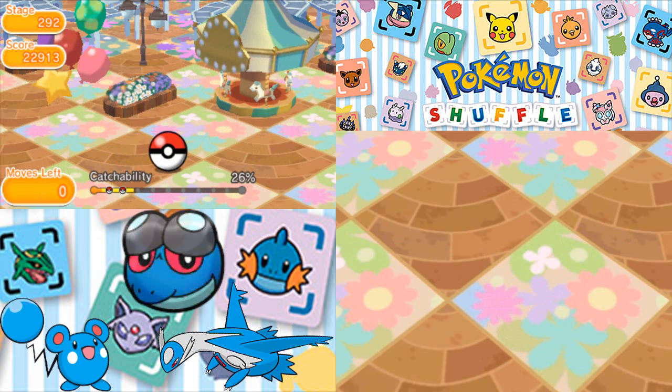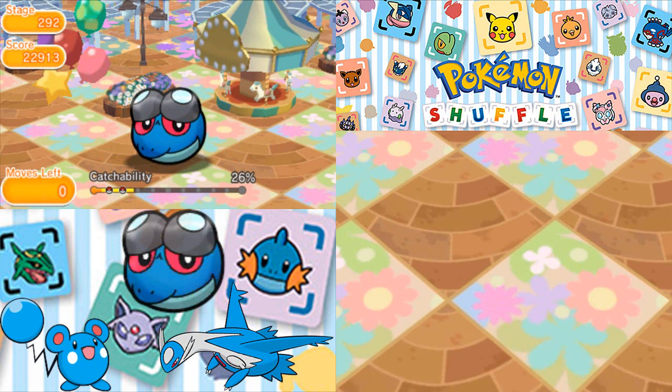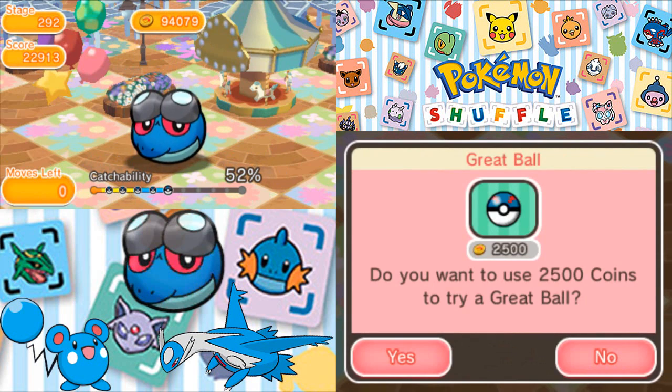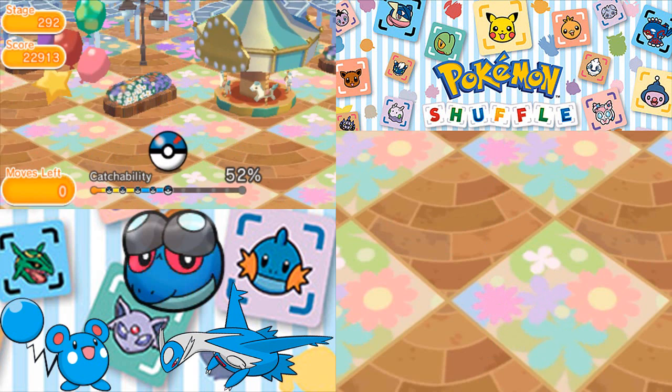That said, we have a 26% catchability. That's going to be 52% in a Great Ball. It's not going to stay in the Pokeball. That's okay. You know what? I'm going to go for the Great Ball because it's cheaper than going for another...